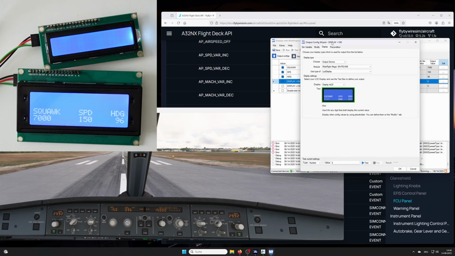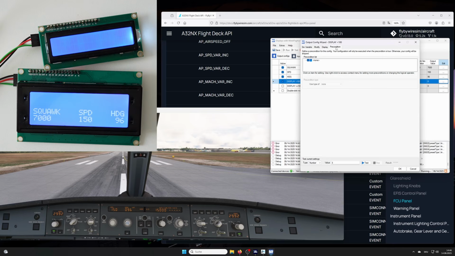And now I add a precondition. We haven't covered this yet, but it's a great opportunity to have a look at the precondition. And now I add a new precondition. No, sorry, remove it. We can use this one, it's set to none, but now move it to config item. Choose the config item, the heading, and if current value is lower than 100,